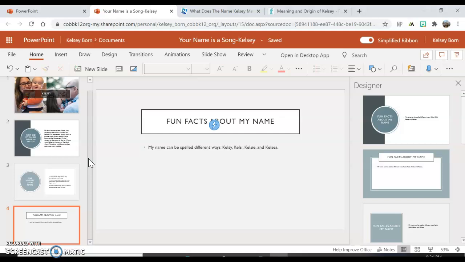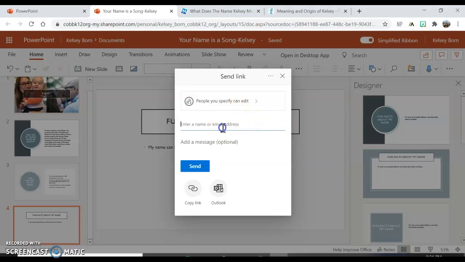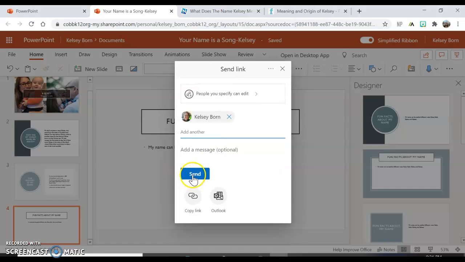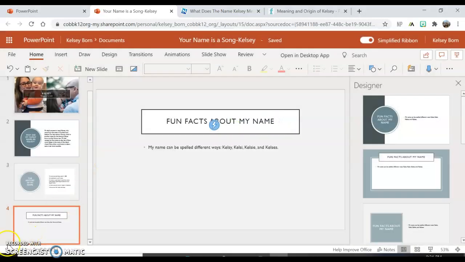So you're probably wondering, how do I share this with my teacher? Well, you would just go to share up here, and you can type in my name, kelsey.born. You'll see me in my picture, and then you'll send it to me, and I'll have your presentation, all right? Pretty easy, okay? Good luck. I look forward to